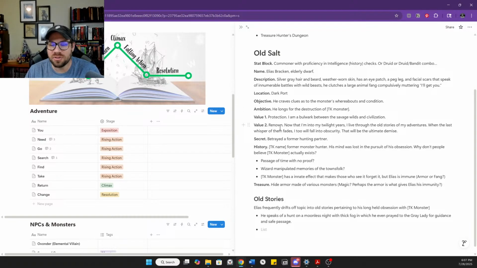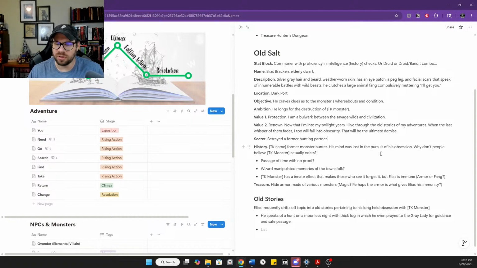We came up with some values for him to guide some of his interaction with the players. We came up with a secret that he keeps that, if the characters can figure it out, they might have some leverage over him. Let me give him a little bit of history. We said that he was a former monster hunter, that his mind was lost in the pursuit of this obsession, kind of a Captain Ahab for Moby Dick kind of deal here.